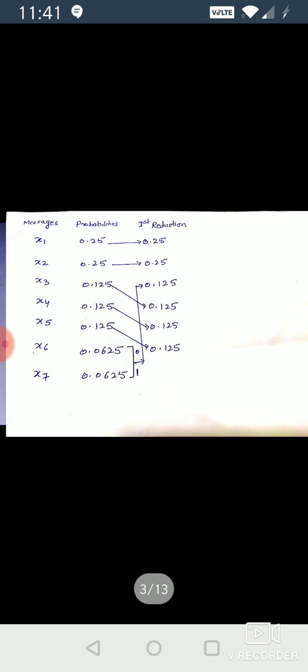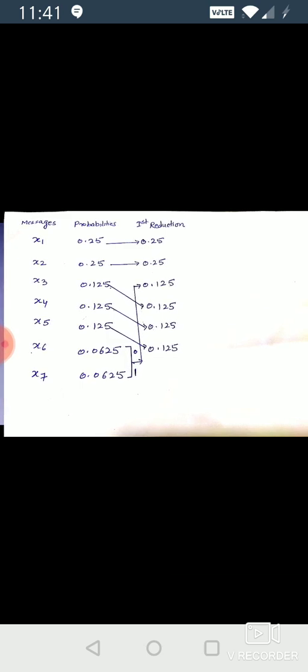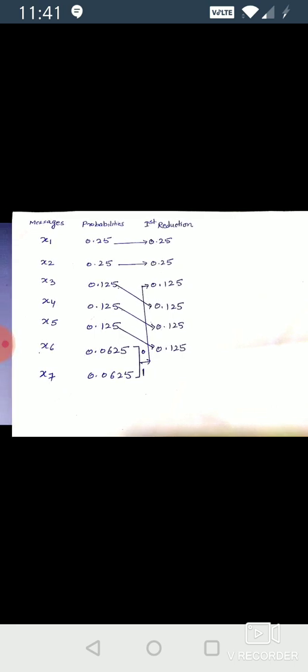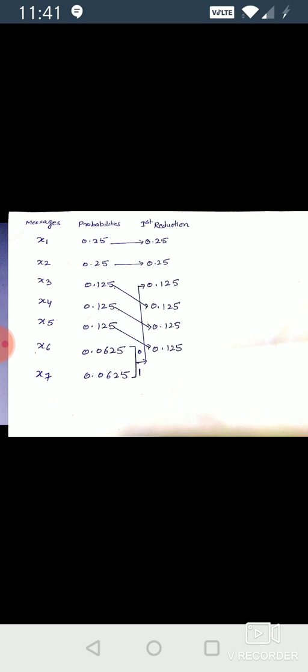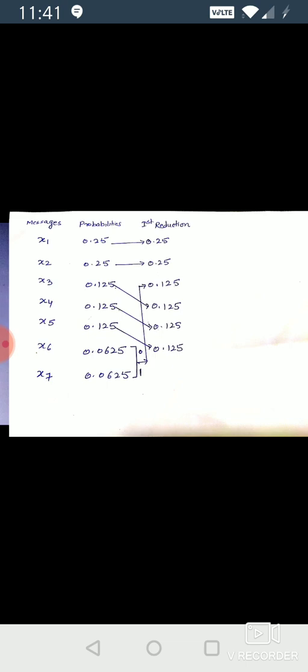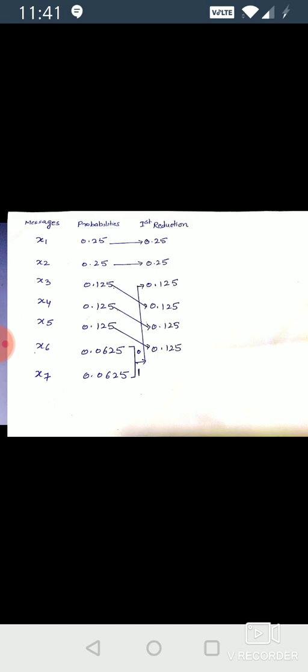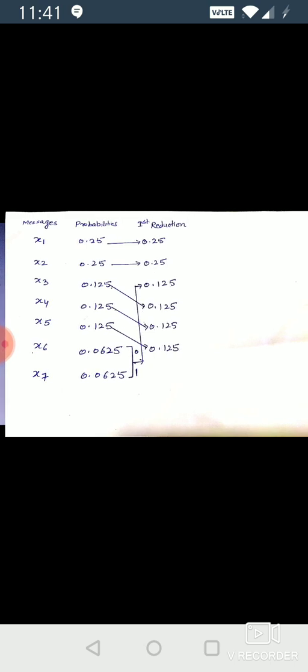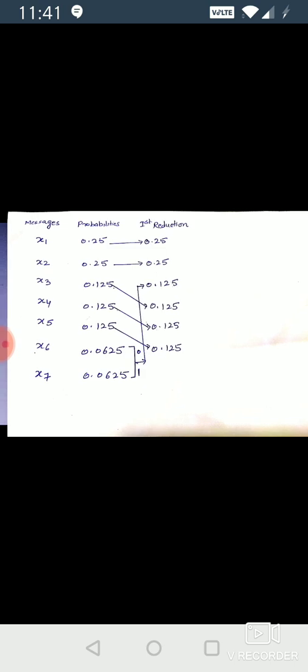Again, we repeat steps 2 and 3 till only m probabilities or fewer remain. In the last step, we assign the code word. The code word for each message can be assigned by tracing the probabilities from left to right in the direction of the arrow till the end, and writing the respective symbols 0 and 1 above the path by tracing them from right to left. All these steps we followed in the previous lecture also.